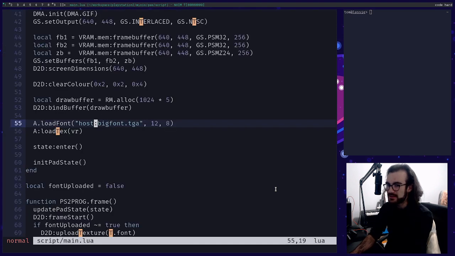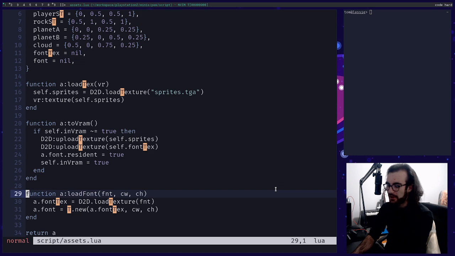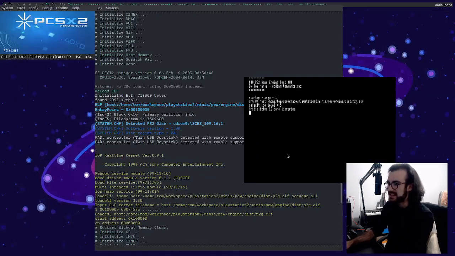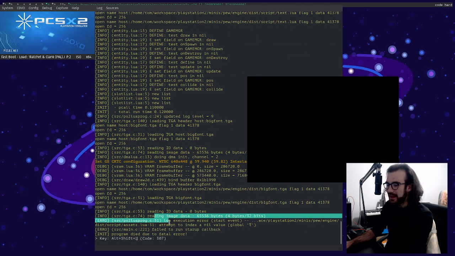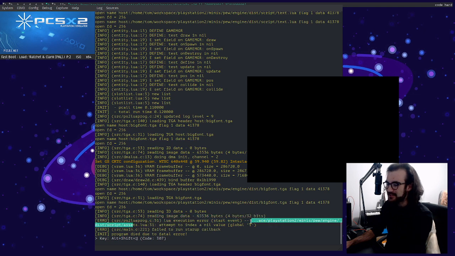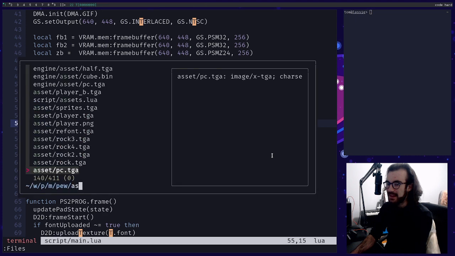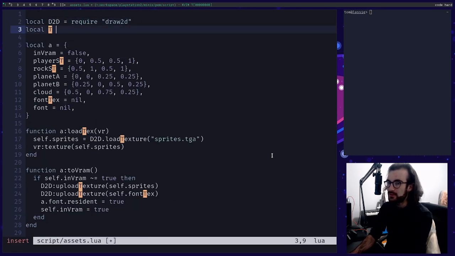Oh, because this needs to be a method. That makes sense. That does actually check out if I read the error better. Now it's a more sensible error. It's telling us that in assets.lua we don't have the global value t, and that is because we have not required it. So local t is require text. I think it's just require text.